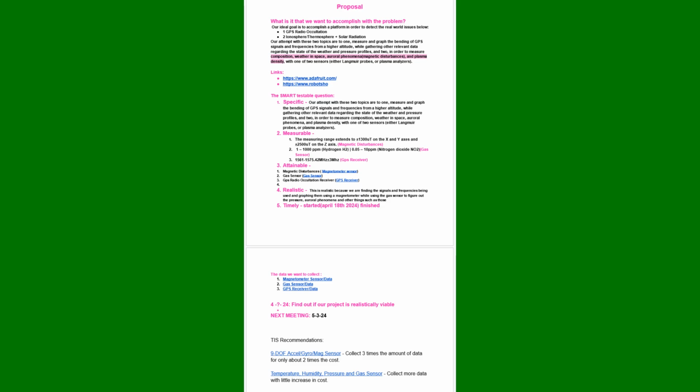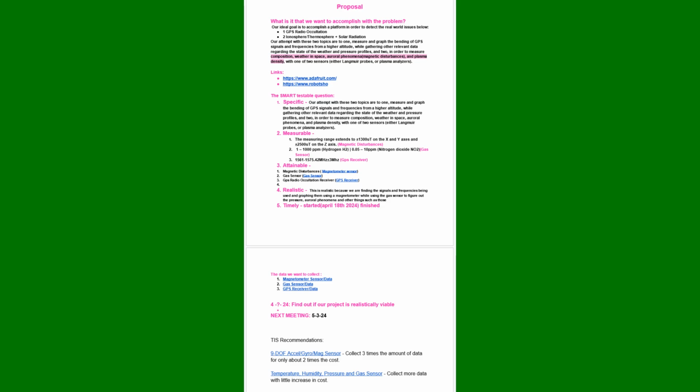All right. And then the last one that I've received so far was from Gary. This is an interesting one. So this is looking at solar radiation as well as effects on the ionosphere and the thermosphere, and it includes GPS. So these are some very interesting sensors that you might want to use. I see that you put a couple of those sensors in there. I added some more that you might want to take a look at.